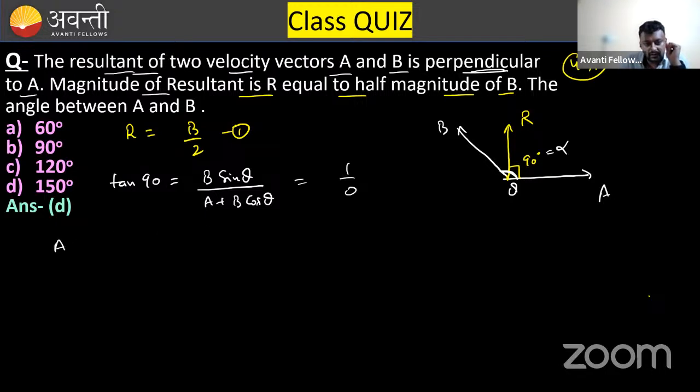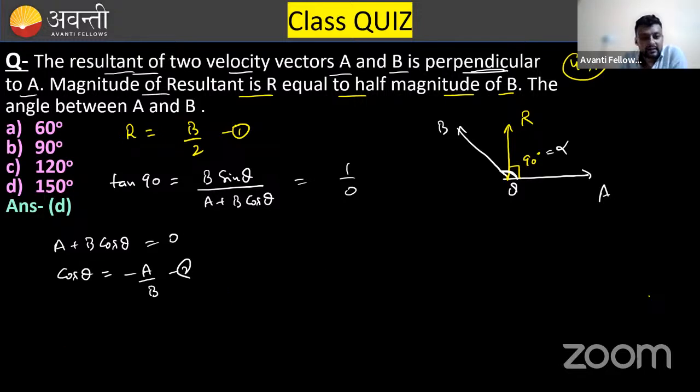or you can say A plus B cos theta is equal to 0. Clear? Or you can say cos theta is equal to minus A by B. Let's suppose this is equation number 2. Till now, I hope every step is clear. Moving further,